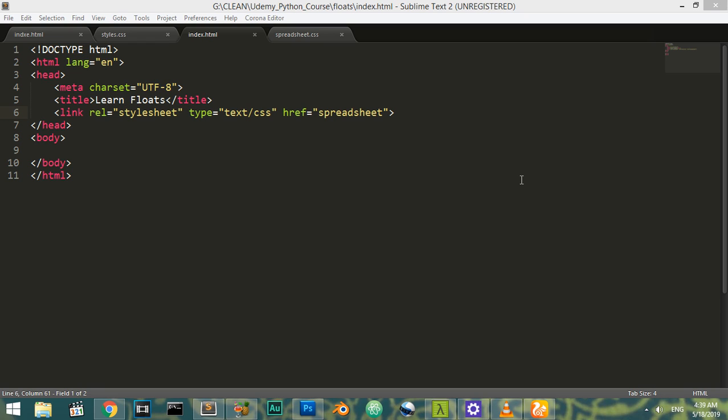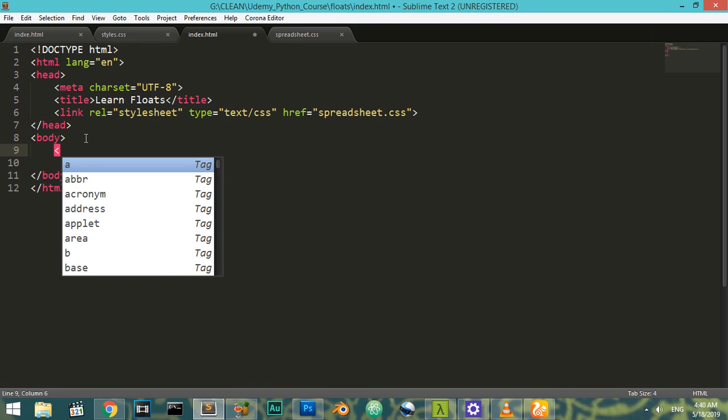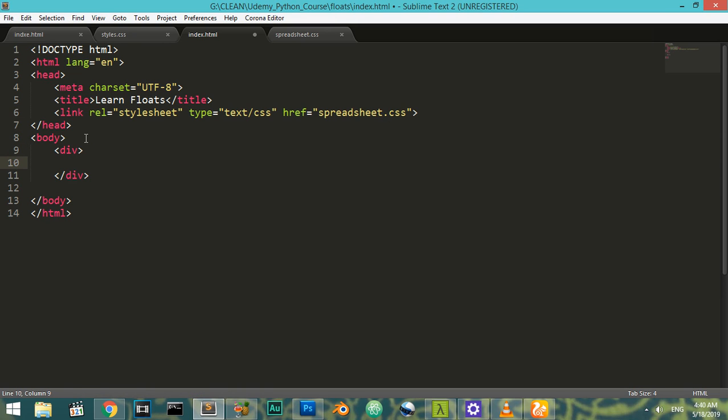So I'm going to start by using this index.html, and I have added this external sheet as a style sheet for this whole page or this HTML document. So firstly I will say that we have a div. This div is a container,